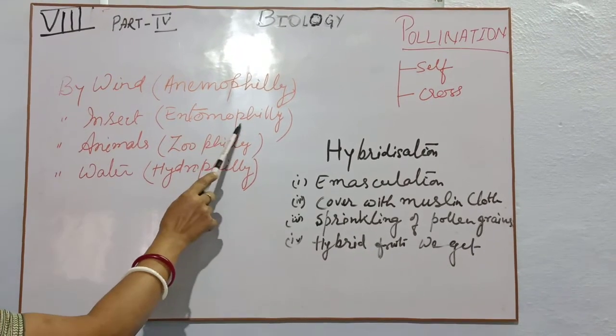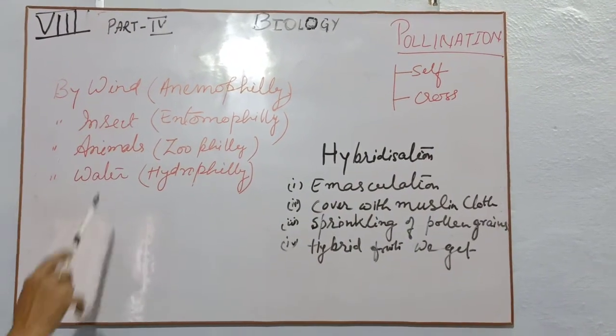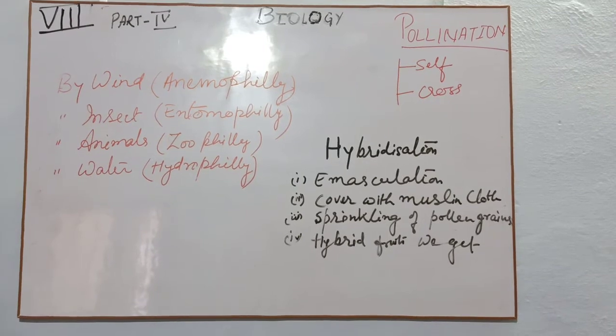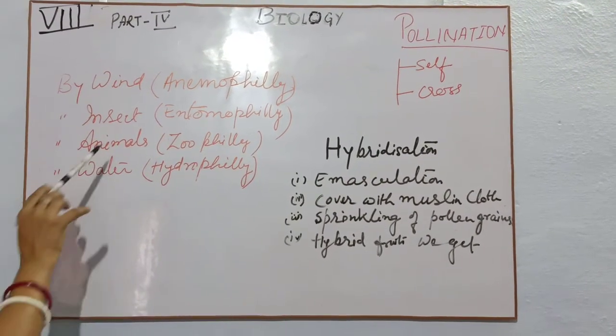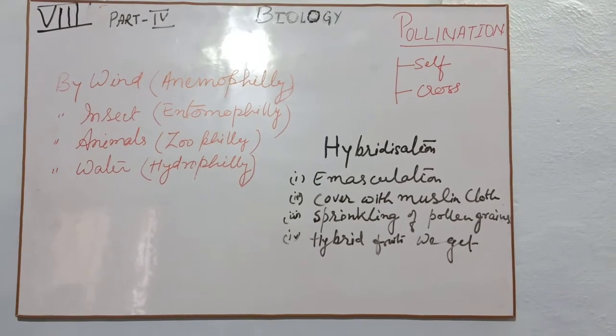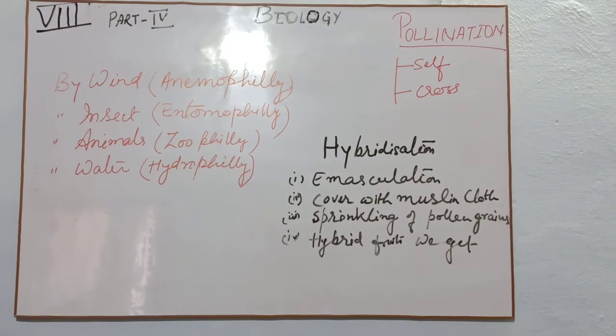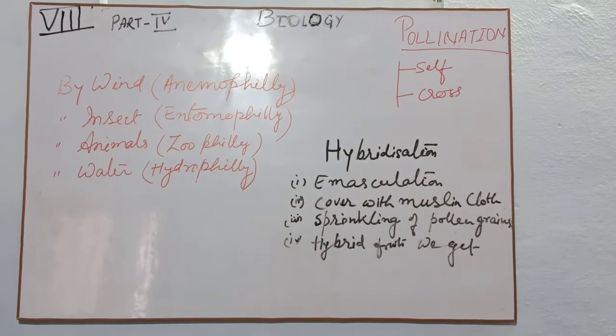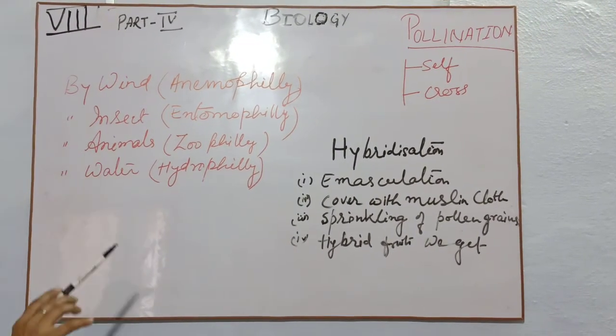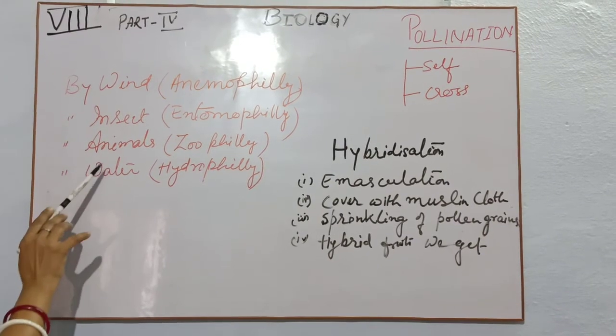Biologically, insect pollination is called entomophily. The pollen grains which attach to the legs of the insects should be sticky or should have some hairy structures on them, so they can stick to the insects. Now third is